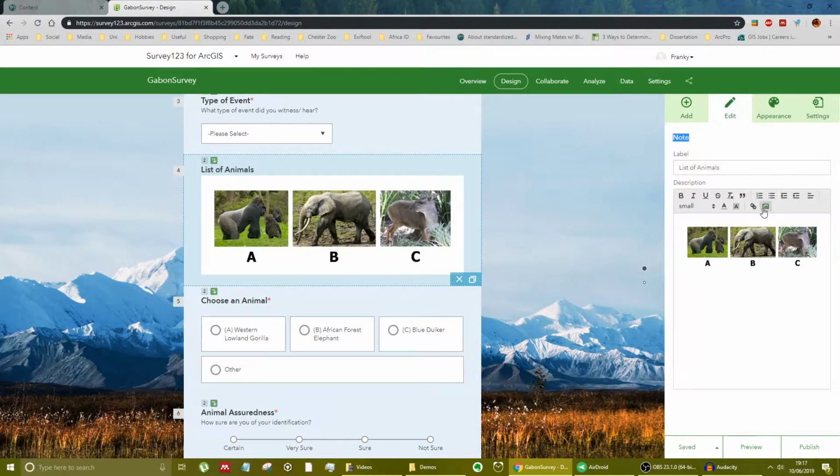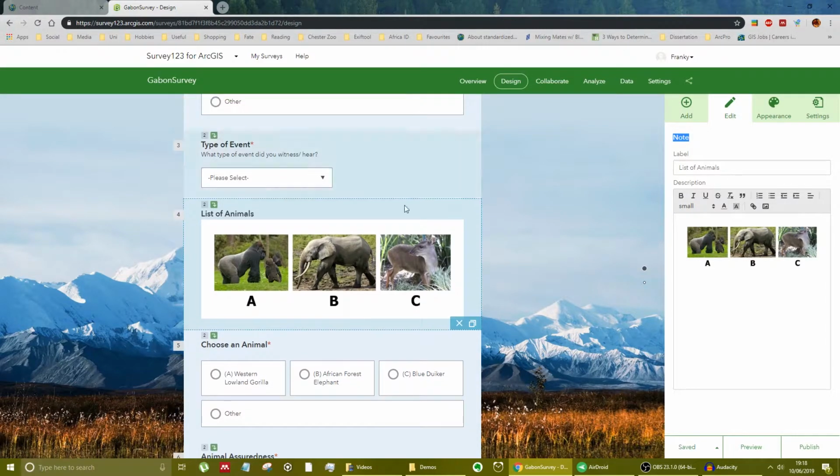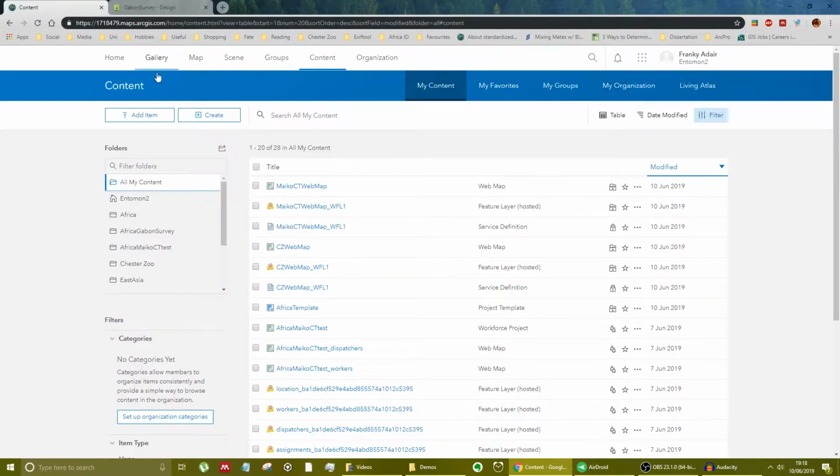Go on to the edit and you can click onto the insert image. This gives you the option to upload a URL. So as a quick deviation from this, I'll just show you quickly how to upload an image to ArcGIS Online, where you can access the URL from. So let's go on to the content for ArcGIS Online. If we go to the Africa folder that I've created,